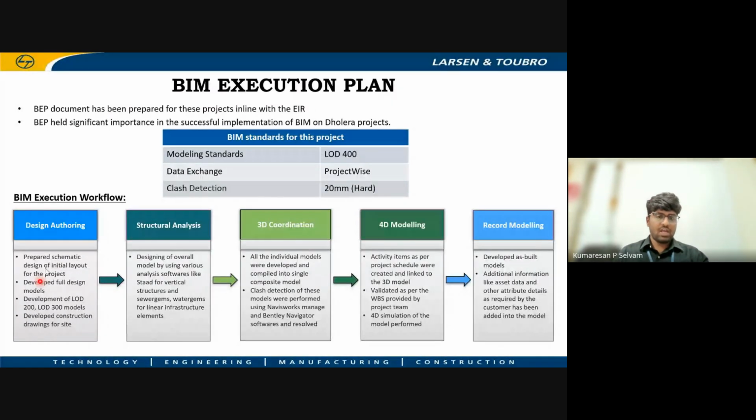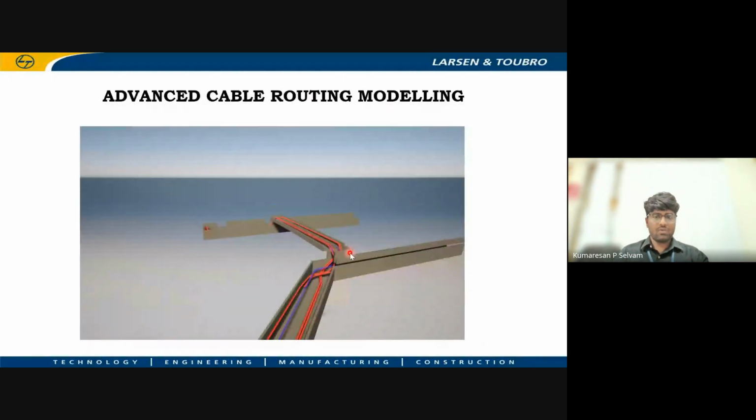That is what was given and submitted in the BIM execution plan, and that was done in the project. And this is an advanced cable